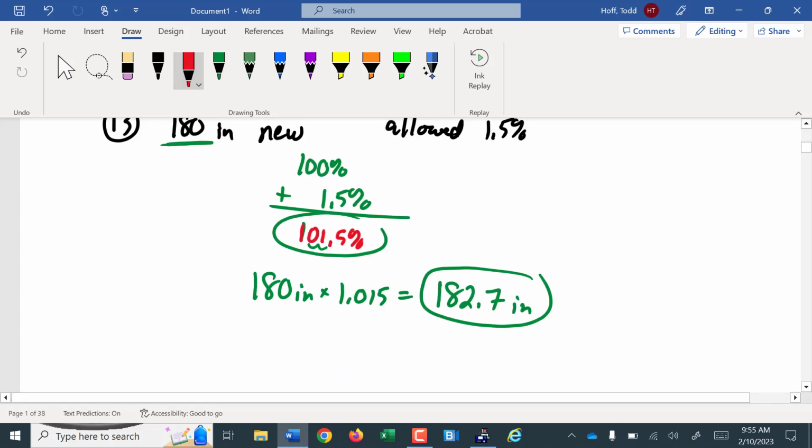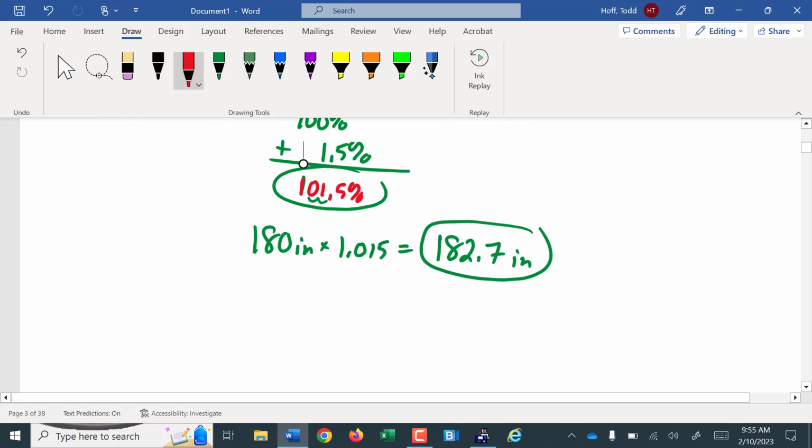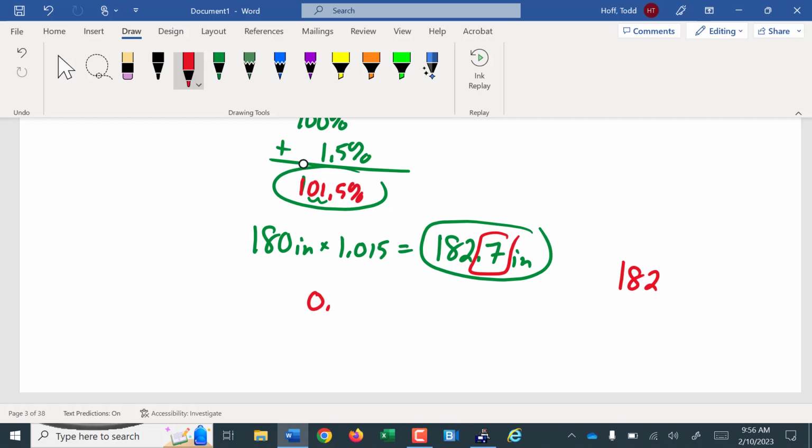Now, if you're not using something that can measure in decimal inches, again, this is not something that will be on the quiz, but just something I wanted to show you. If you're measuring this out with a tape measure where you're probably measuring to the nearest 16th or maybe a 32nd of an inch, what you can do is you take the 182 and we take the 0.7 inches. If I want to turn that into, let's say, a 32nd, just to be a little more precise, I just put the 0.7, the decimal portion of the inches, over 1,